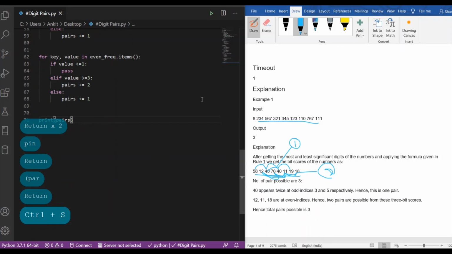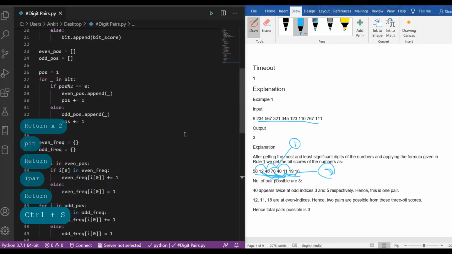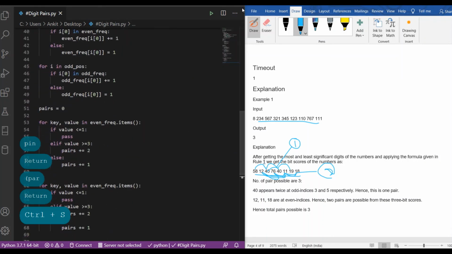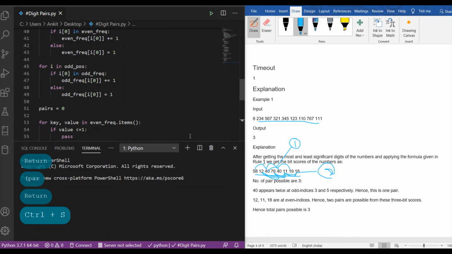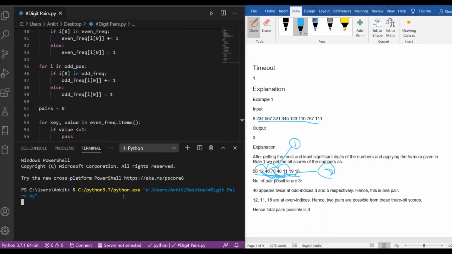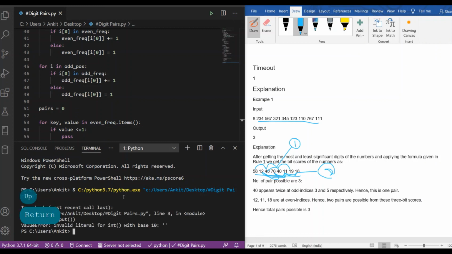So this was our code. Now let's check whether our code was working or not. Sorry.